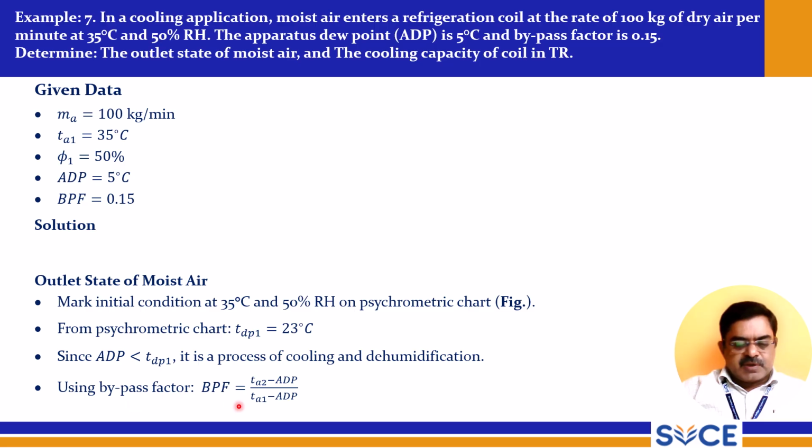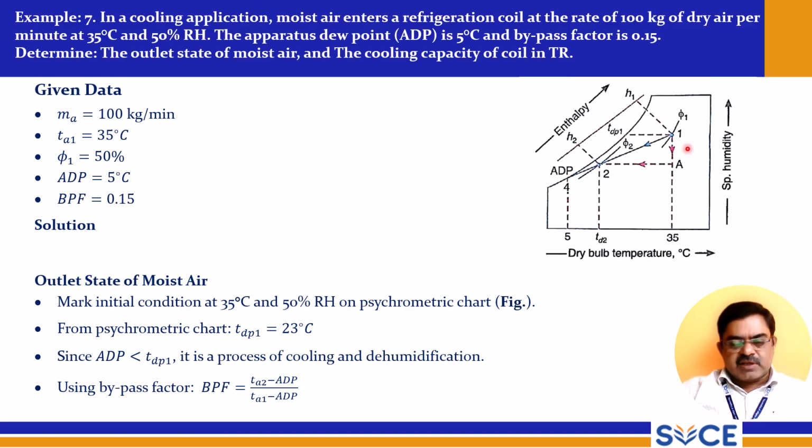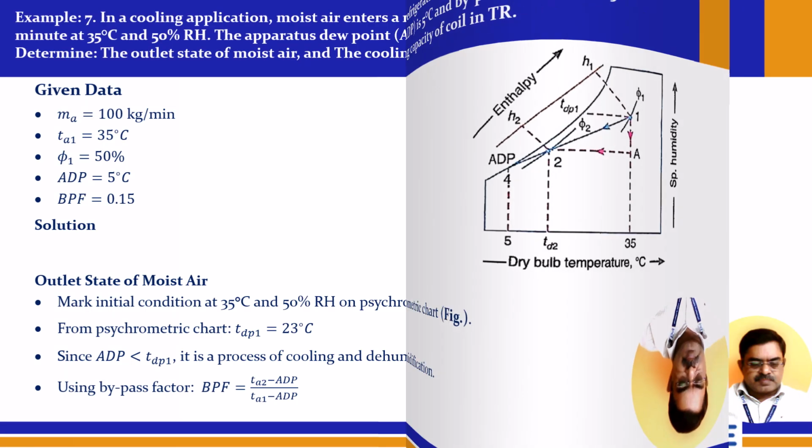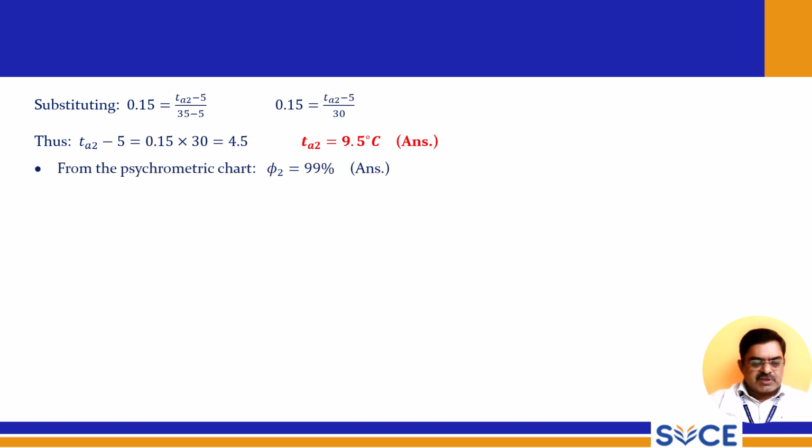Using bypass factor BPF, TA2 minus ADP divided by TA1 minus ADP. So here this is the 1 to A and A to 2, and this is 1 to 2. So this is 1 to 2, and now once you extend this up to saturation line, you will get ADP. So this is the psychrometric chart. So substituting these values, we get Ta2 equal to 9.5 degrees Celsius, and from psychrometric chart phi2 equal to 99